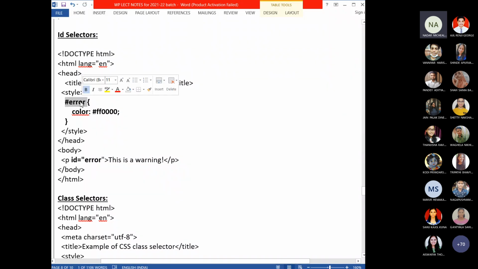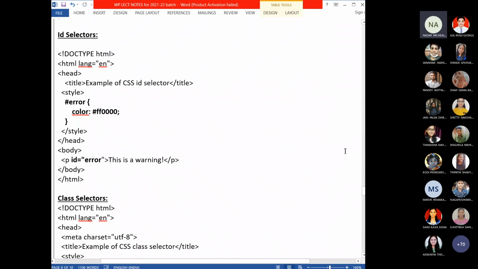When you use it in the body tag, inside whichever tag you want to give the style definition, you have to just add ID equal to error. Even if you have any other paragraph or division in the body tag, if you write div ID equal to error, within the division also the same style definition is applicable.